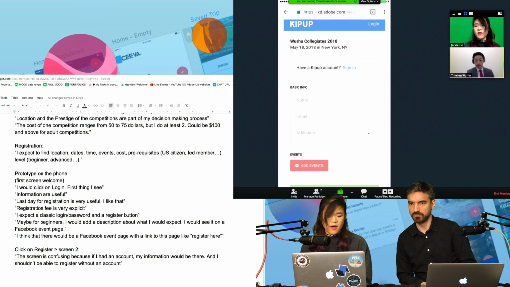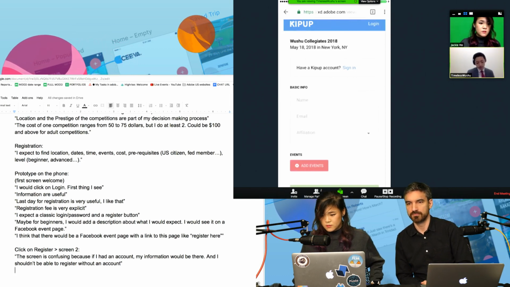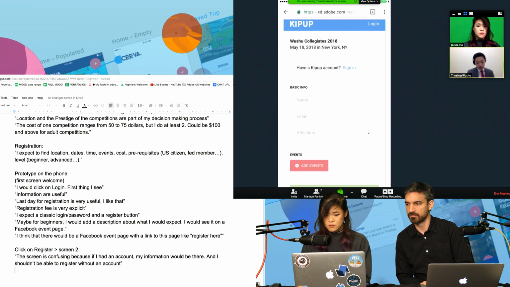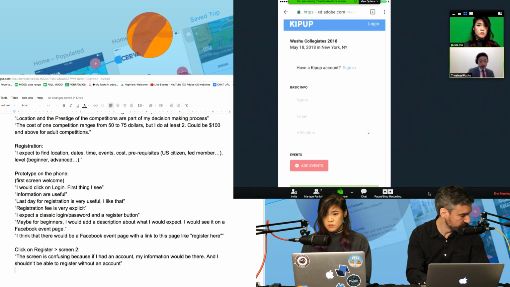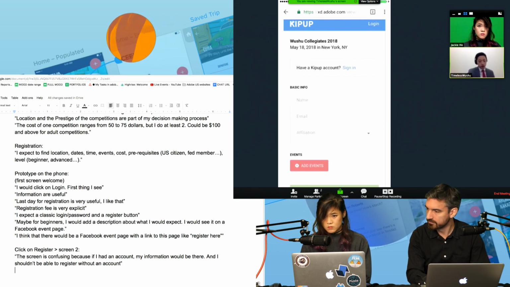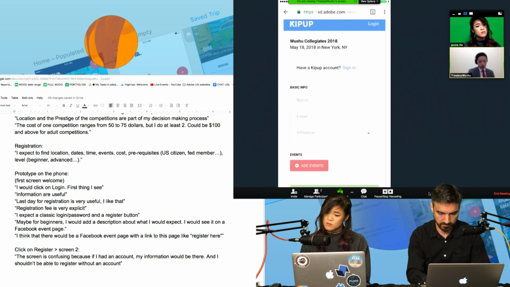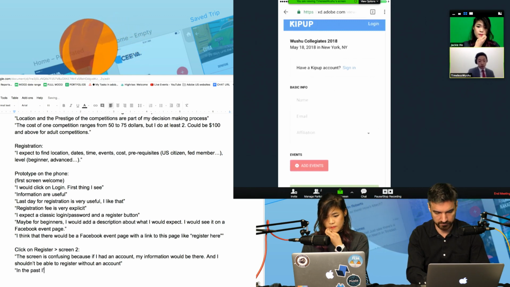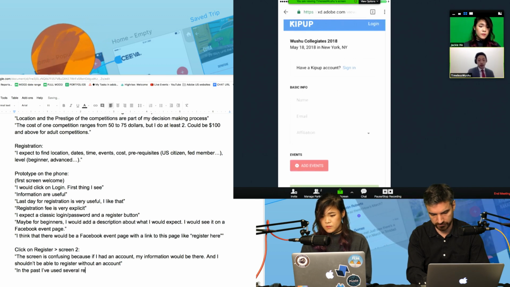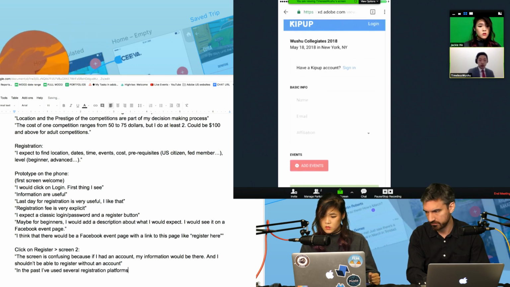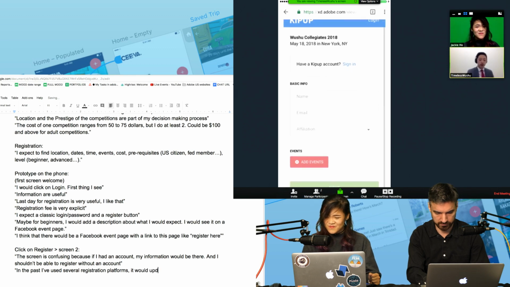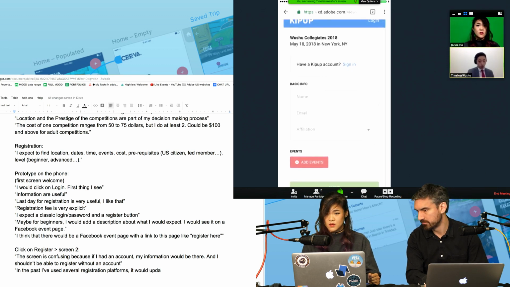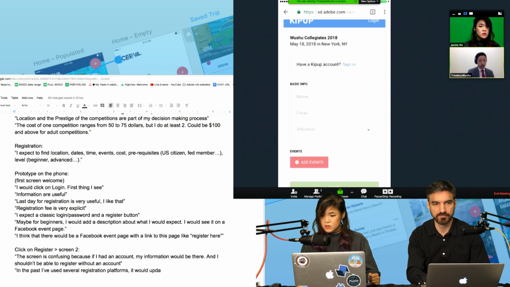What does having a Kipup account mean to you? Well, in the past, I've used several registration platforms for Wushu. Usually the Collegiates one is the same platform every year. So when I log into my account, my school and everything is in there, and it'll update me, like if I started off as a freshman, next year you'll be a sophomore, etc. And I'm not sure because I've only done one US team trials, but I think the platform is also similar.